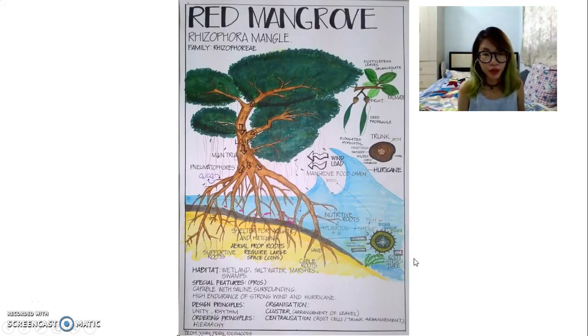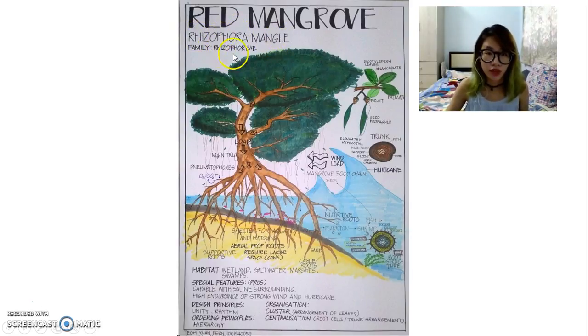Hi everyone, I'm Teoh Yuan Fern with the student ID 10015400059. And today I would like to present my structure, which is Great Mangrove, which has the great name Rhizophora